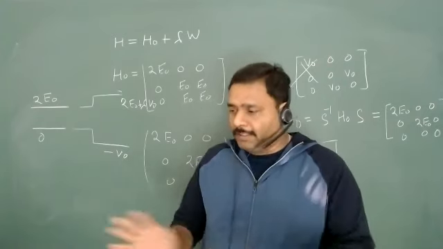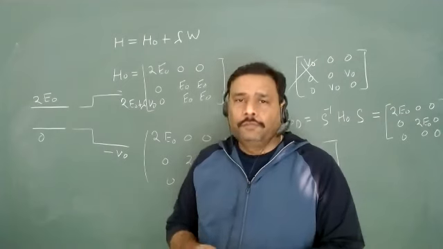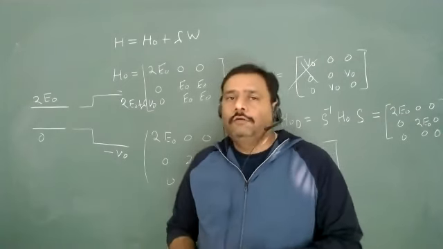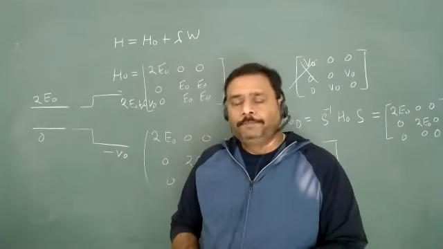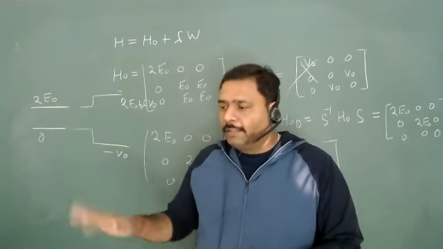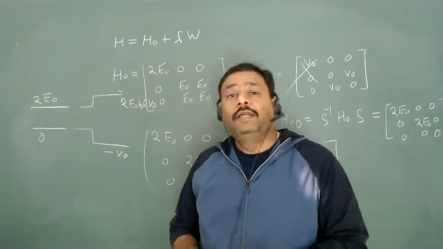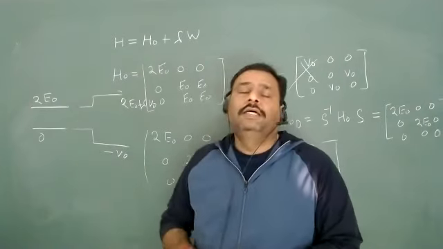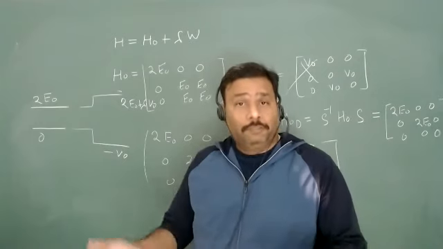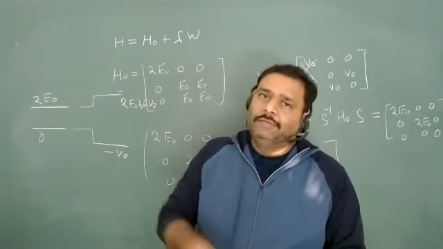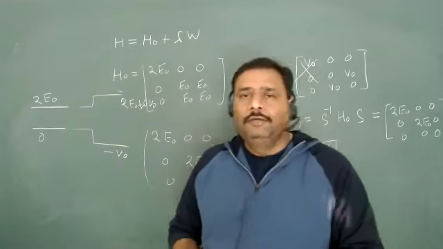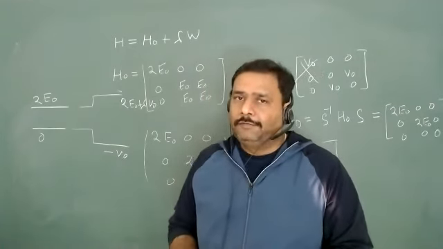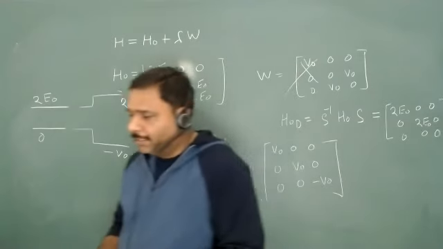Okay. So this is the second level of question where H naught is not diagonalized. Tomorrow we will go for the next level of problem, where we will solve a complete solution: first we have to write H naught in diagonal form, then we have to write that W dash which will actually not be diagonalized, and then we can go for all the properties of matrices such that we can get the energy eigenvalues. Okay, so let's leave it here for today.